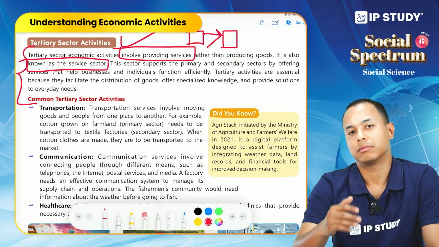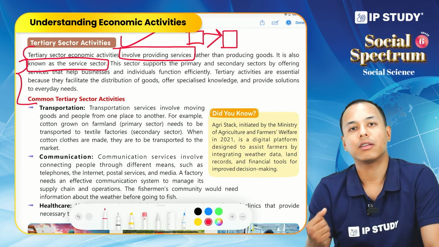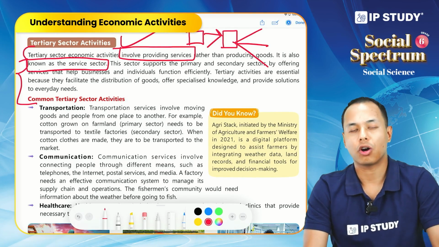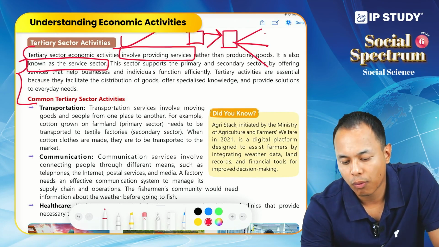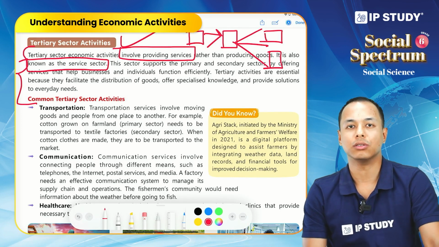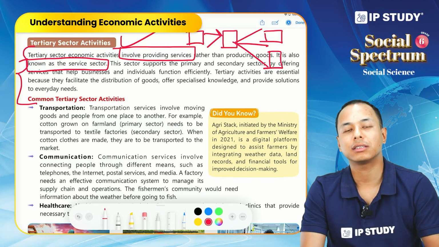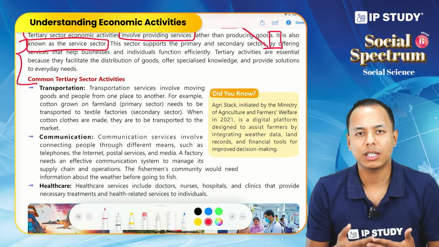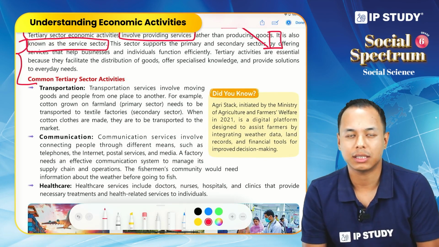And in the factory, obviously, secondary sector activities happen. The raw materials are processed into final goods. Suppose we get the final good. We have to make sure that it is distributed to different outlets or shops, so again we need the services of the tertiary sector. Once we reach the market, different retailers also provide services by selling these goods. That is why the tertiary sector is very important, because it involves providing services rather than production of goods. It helps in the smooth and efficient functioning of primary and secondary sector activities.